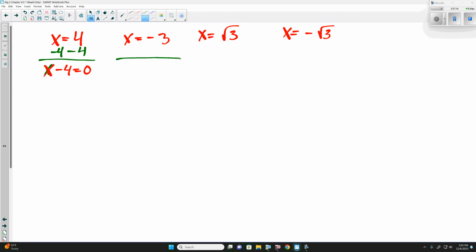For the second one, we're going to add 3, telling us x plus 3 is equal to 0. For the next one, we would subtract the square root of 3, telling us x minus the square root of 3 is 0. And for the last one, we would